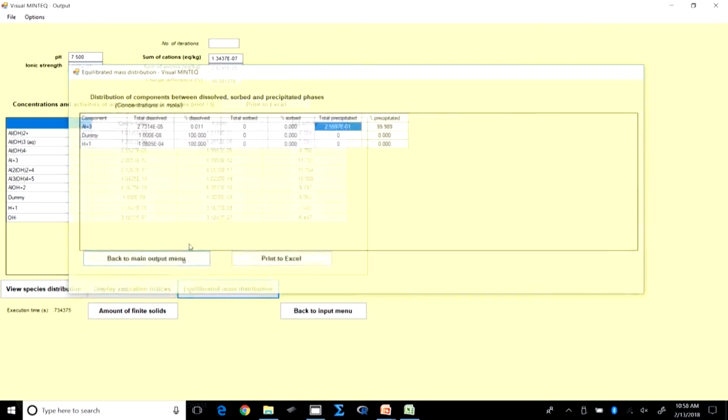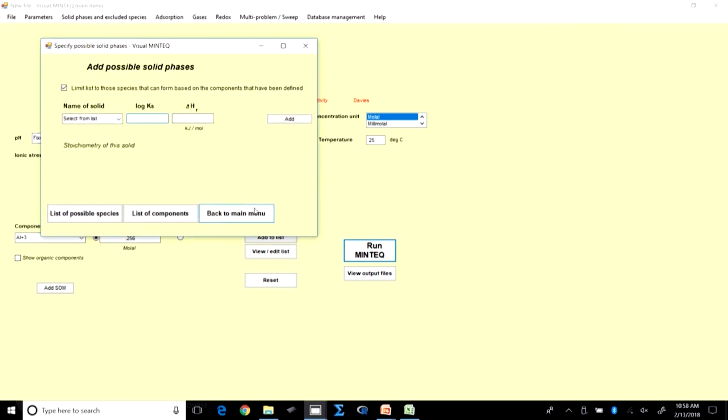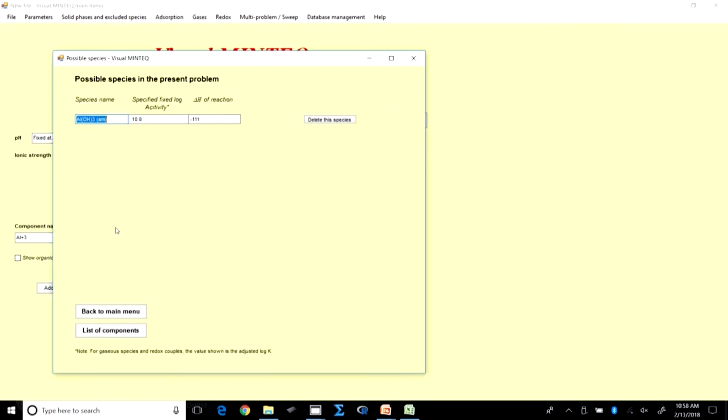So I guess with that I can be done. Let me just look at what we have been up to. So I need to fix the pH and give the relevant components, and more importantly specify the relevant solid species. So in the list of possible species, we said it was Al(OH)3 amorphous. And why did we choose amorphous? If no one gives you the relevant information, you will assume that the most soluble form of the solid which is formed first is the controlling solid,